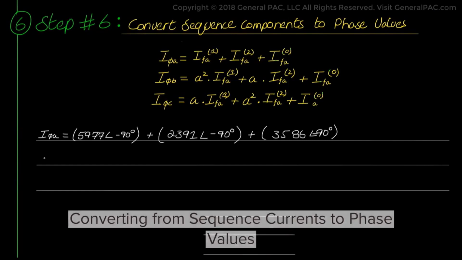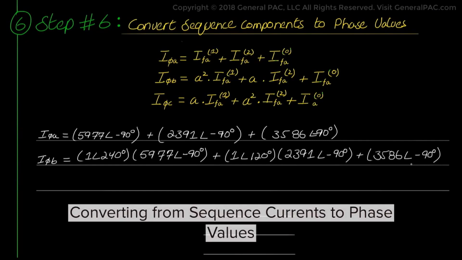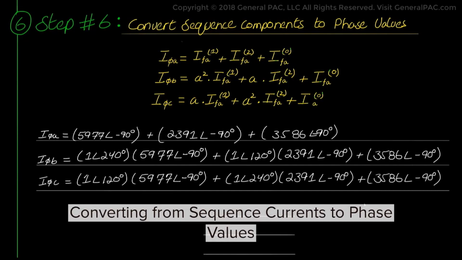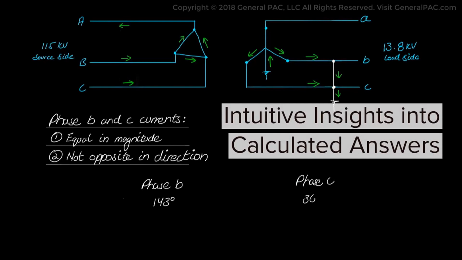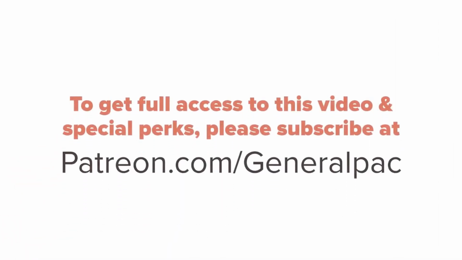Plugging in the values of the A operator and our calculated sequence current values as shown, and what we get by simply letting our calculators do the math, whereas phase C has an angle of 36.58 degrees. There is non-conformity of angles, and it's probably due to the fact that ground is involved. But when we draw